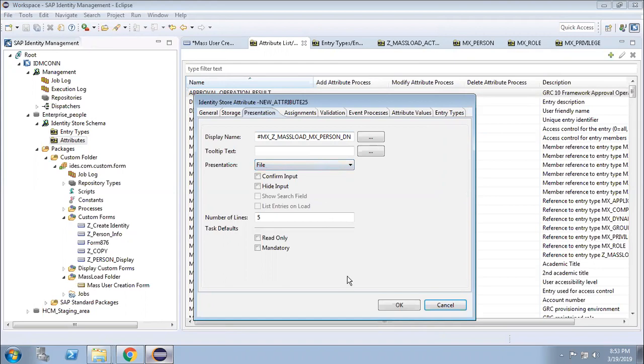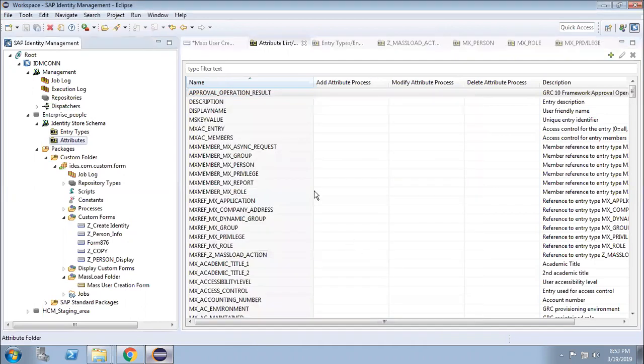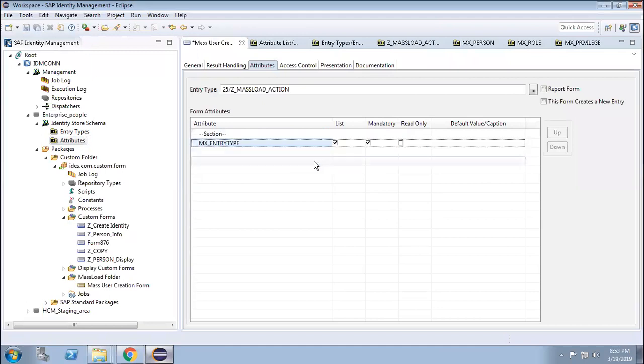Now, what do I have to do? I have to link the entry type which I have created, mass load action, to our new file. Otherwise, I cannot add this over here. So let me insert a section, and I can give the section name later on. I don't need this one, so I delete this row.